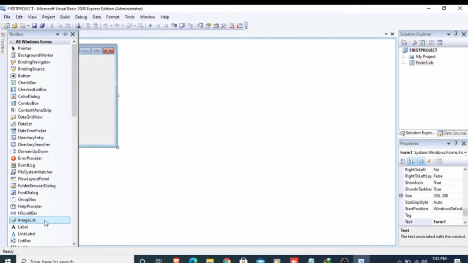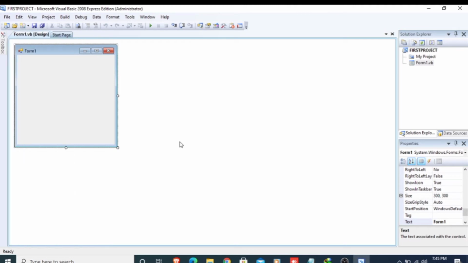After that this one is your design window, basically the area where you work. After that this one is your Solution Explorer. It shows you the hierarchical list of the application objects like the project, forms and so on. If you want to open any particular form, you just have to double click on it.